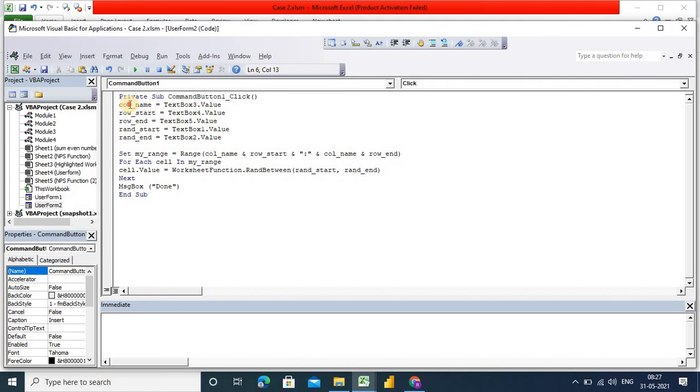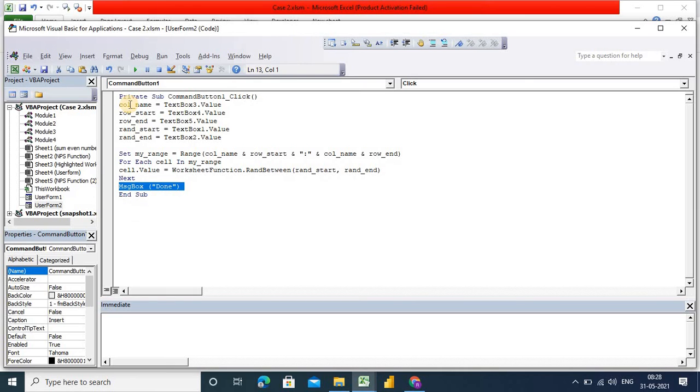Once you have done that, assign all the text box values into these variables, and after that create this range using these variables. Once you have done this, create a for each loop, and for every selection assign the range between function using the cell dot value.